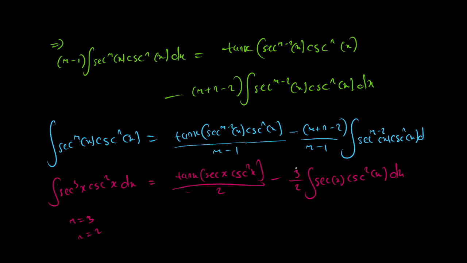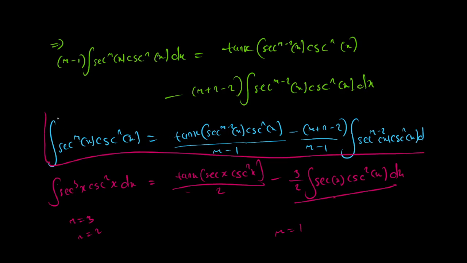Although this formula fails if m is equal to 1. So we cannot use this formula again, because here m is 1. We cannot use it here to reduce this integral. Rather, I think we can reduce this one as well. It's cosecant of x. Now, there's a formula that relates to reducing the powers of secant by 2. We can actually find that formula by reducing the powers of cosecant by a factor of negative 2 again. So it works. But generally, we are going to see how this formula is going to be useful to us in solving a difficult